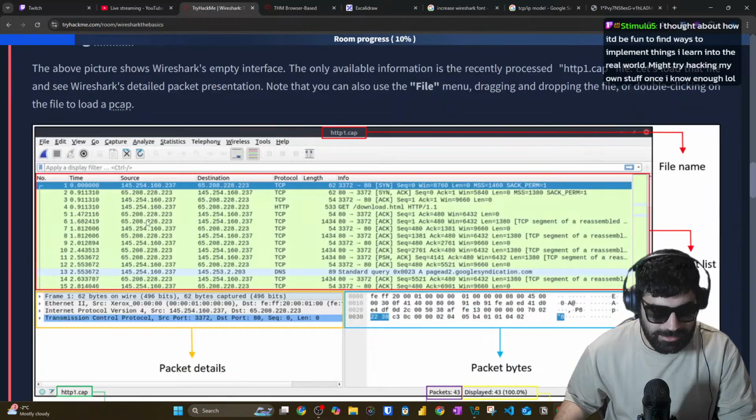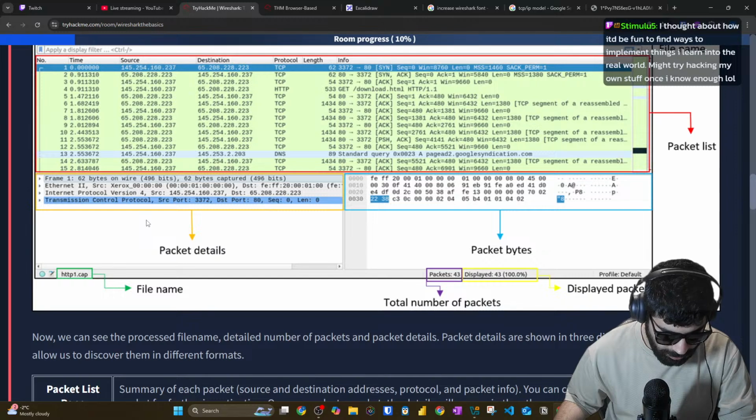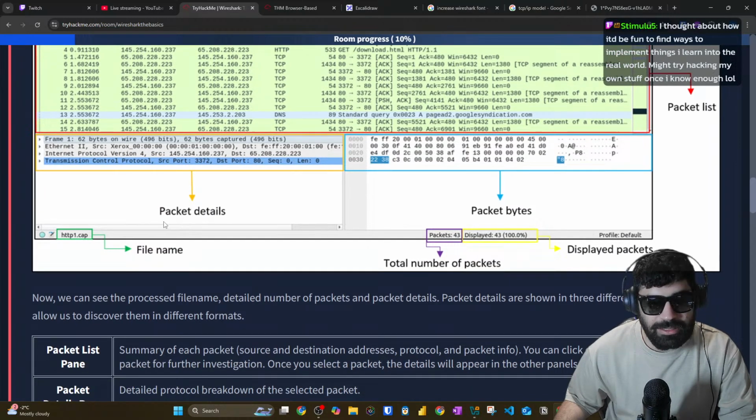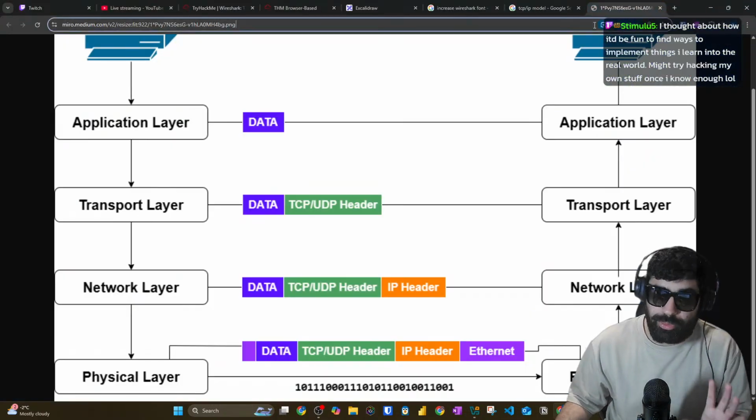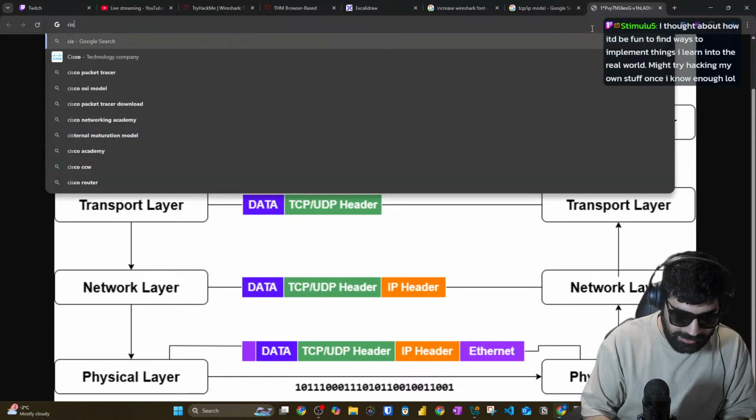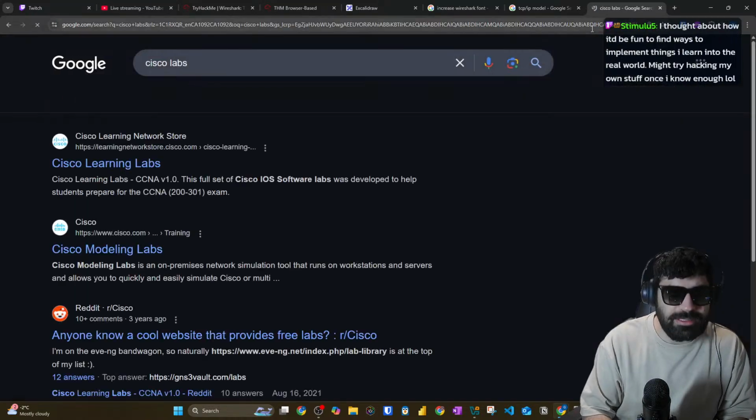So while this is coming up, I thought about how it would be fun to find ways to implement things I learn into the real world. Might try hacking my own stuff once I know. Yeah, it's interesting. I can give you a quick thing, right? There is something, if you want to learn about this, Cisco Labs, I think that's the